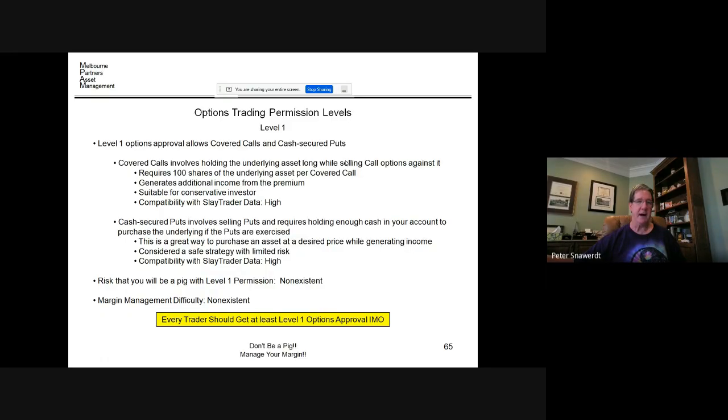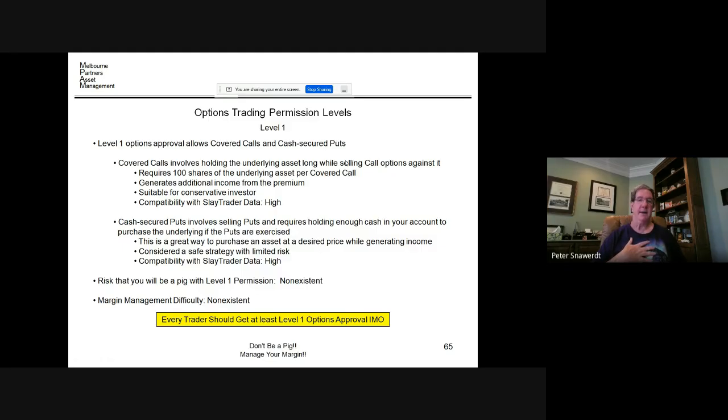For the data that I provide, there's all kinds of information on what strike prices you might want to sell if you want a given probability of having it exercised against you at expiration. Cash secured puts involve selling puts, and it requires you to hold enough cash in your account to purchase the underlying shares if the puts are exercised. This is a great way of getting into a stock if you have a